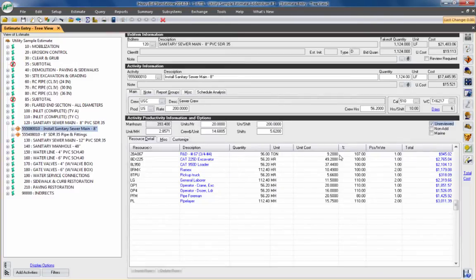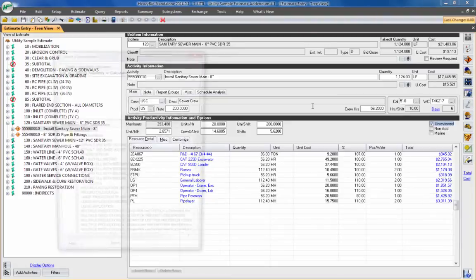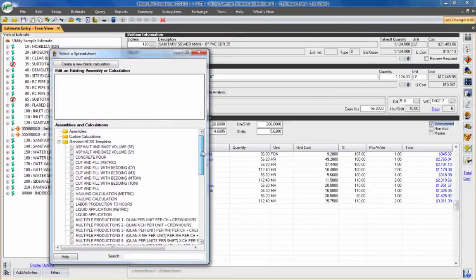Really a better way and the newest way is through the spreadsheet calculations and assemblies. So these are still available for those that perhaps have routines already set up, but I would encourage you to use this one here, which is a third-party spreadsheet very much like Excel, and it has most of the capabilities of Excel. You're not going to see too many changes, and you can even import from Excel into these. But what I'm going to show you today is the ones that come with HeavyBid,